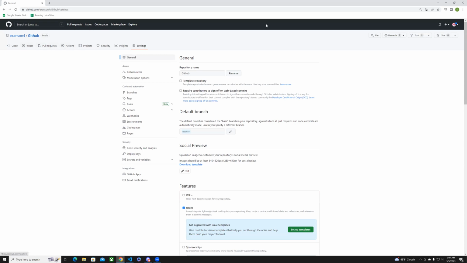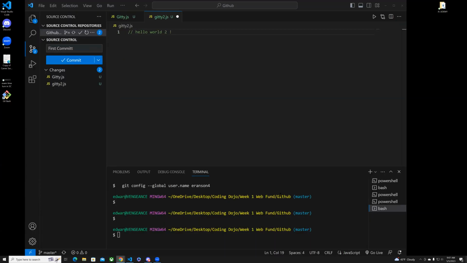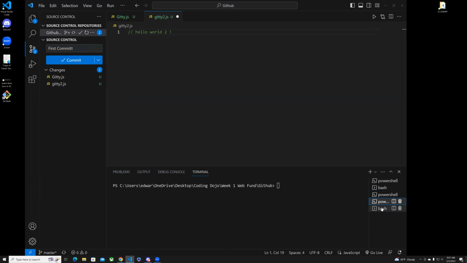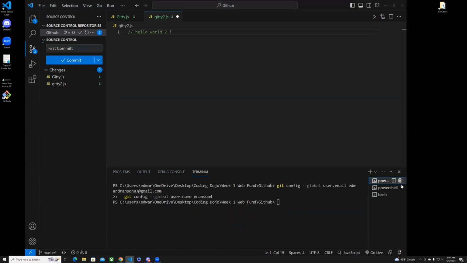Okay, so I had another question though. I pulled it and it's still running in one of the terminals. You just have a bunch of terminals open. You don't have anything running in any of your terminals, you just have a bunch of them open. Yeah, I'll have to get with you whenever I